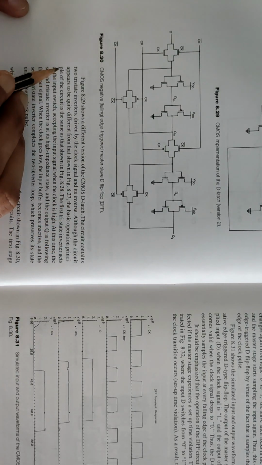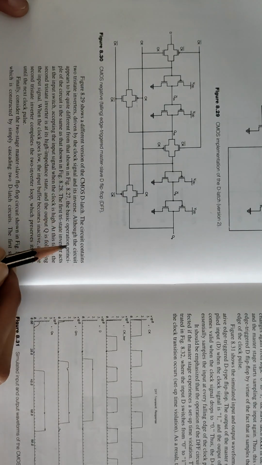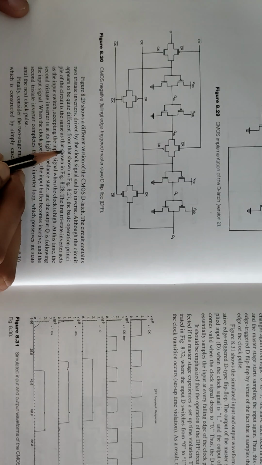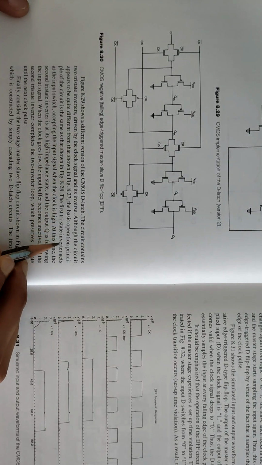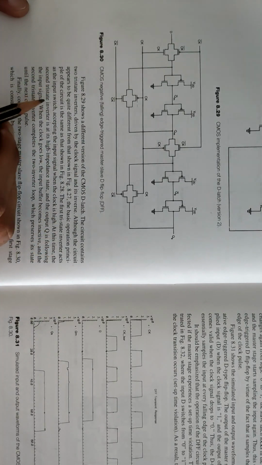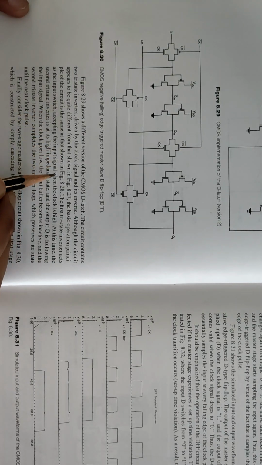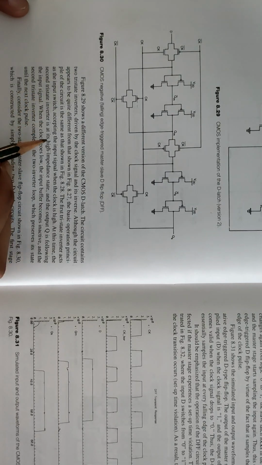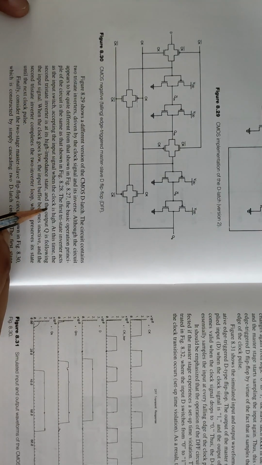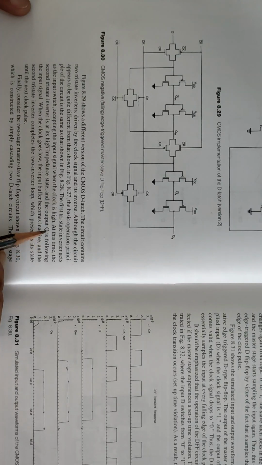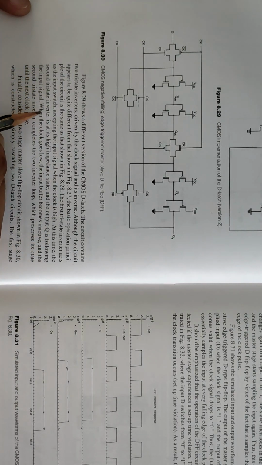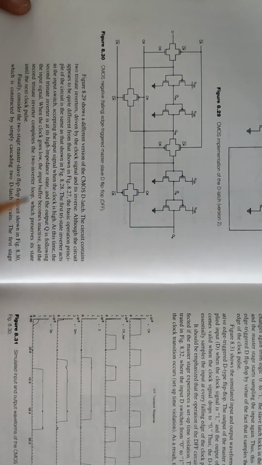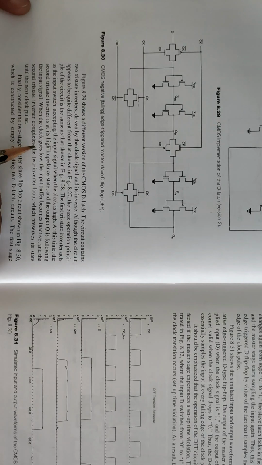Although the circuit appears to be quite different from that shown in the figure, the basic operation principle of the circuit is the same as that shown in the figure. The first tri-state inverter acts as the input switch, accepting the input signal when the clock is high. At this time, the second tri-state inverter is at its high impedance state, and the output Q is following the input signal. When the clock goes low,